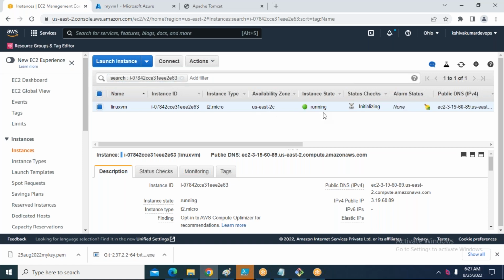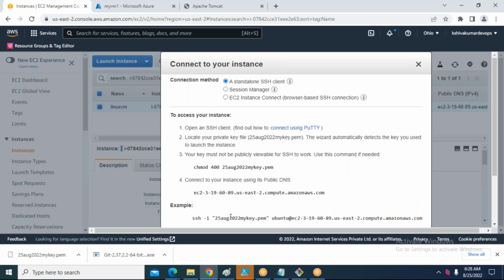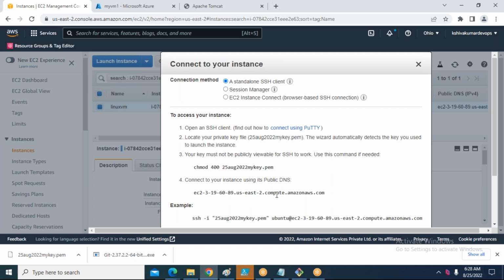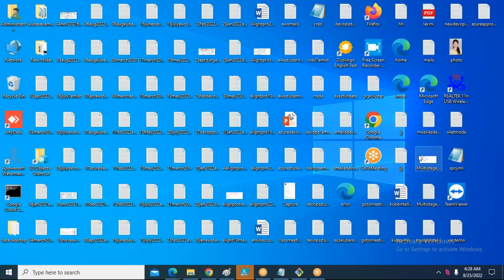Okay, and my machine is running in the Ohio region. To connect to this VM from your laptop, click on the connect option. Select this example command, press Control C for copying. You can connect to this VM in two ways, either by using Git Bash or by using PowerShell. For that, what you need to do is,